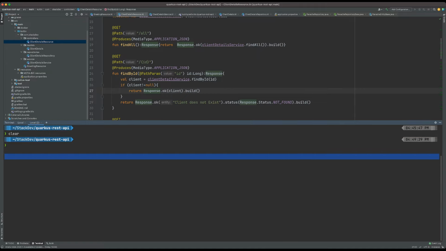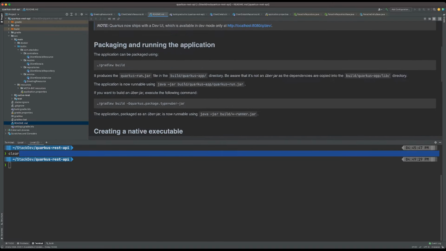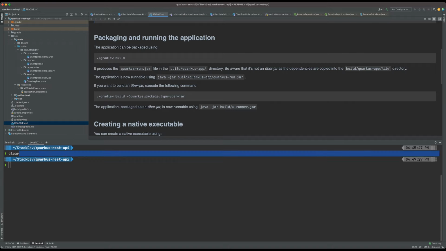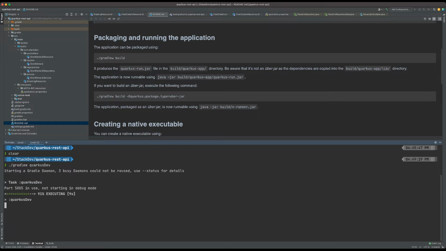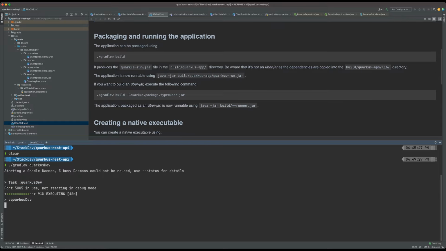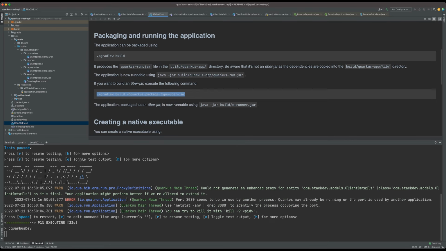Like I mentioned earlier during the beginning of the video, if you go to your readme, right now what we're running currently is running on JVM. The JVM, like I mentioned earlier on, is the one that we're trying to avoid. So we want to natively build our images, or Docker images. This one was running on the JVM, so this won't be running natively. If you want to build it, for example, you can say Gradle build,